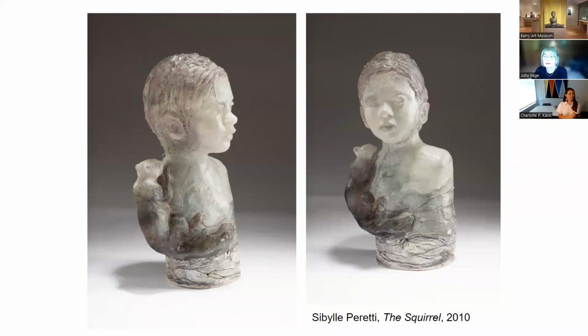And now we get this next work, another mold blown bust. It could perhaps be similar to an Erwin Eisch, but it's a very different ultimate image, even though it's also by a German artist. So talk to us a little bit about Sibylla Peretti and her body of work. Well, this